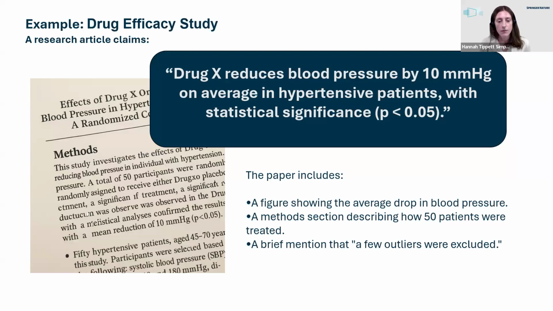Anything else? How was blood pressure measured, for example? Was it a one-time measurement? Was it averaged over multiple readings? Was it taken at home or in a clinic? Context that you get from timestamps or measurement conditions could dramatically affect how we actually interpret those results. So without the data, the paper may be accurate, but we can't verify or build upon that.